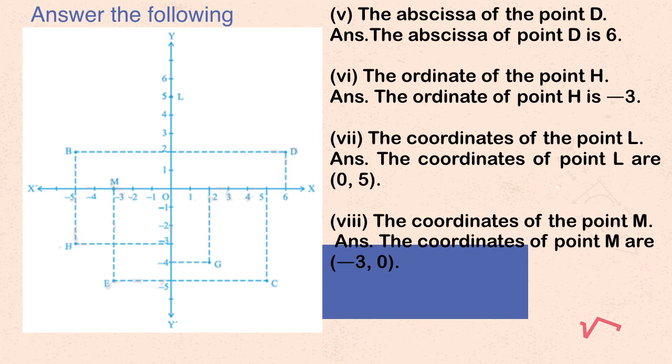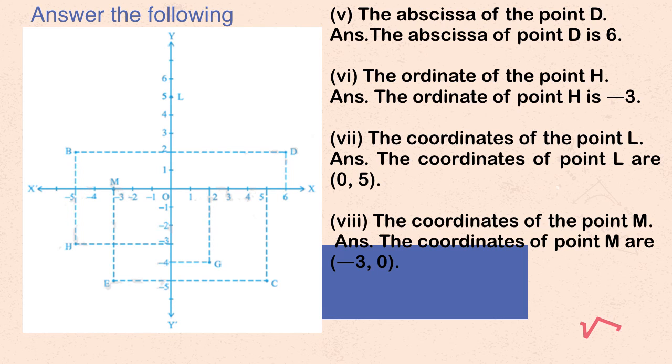Now you have to find the ordinate of the point H. First find out the point H in the figure. Are you able to locate the point H? Now you have to find the ordinate. Ordinate means the y coordinate. So I will drop a line on the y axis from this point H, and where it intersects the y axis is my y coordinate. You can see from the diagram the line intersects the y axis at -3. Can you all see this clearly? Therefore, the value of the y ordinate is -3.